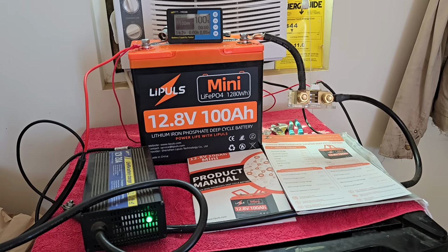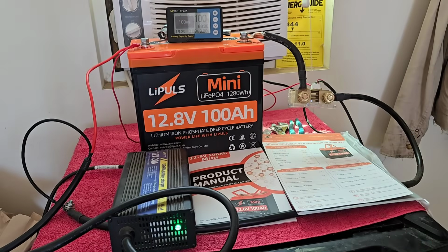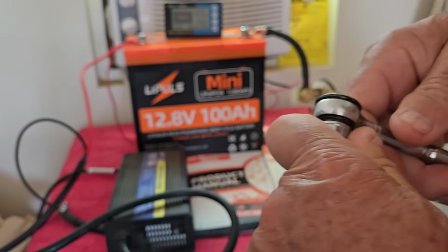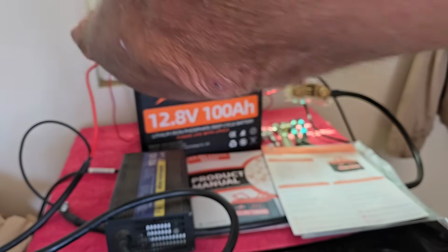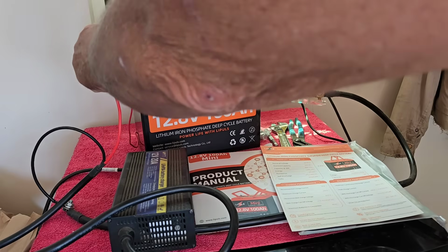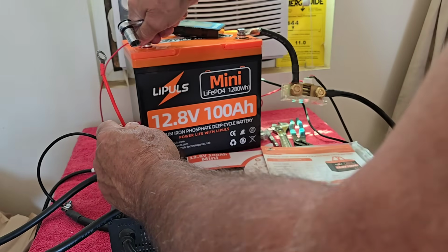Well, I've charged enough batteries in the past to know exactly what's going to happen. So once you do have these charged, you definitely want to disconnect your charger from the system. You no longer need that. So let's see. Oh, there's my socket. Oh, it's ice cold from the air conditioner. Nice. Okay, so I'm going to take off the positive side of the charger, and I'm going to leave the monitor still on there